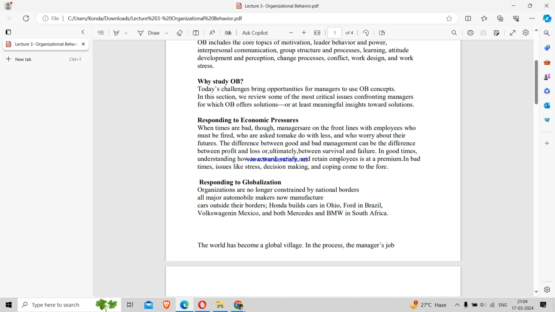Okay. And the second point is, what is the scope of OB? It is multidimensional in nature, which means it is relevant in each and every activity of a certain organization. And the last point is, it is a combination of different studies like management, sociology and behavioral sciences. There are many studies that are involved in this particular aspect.